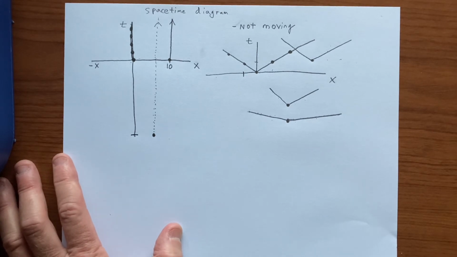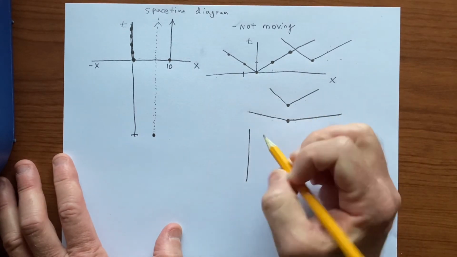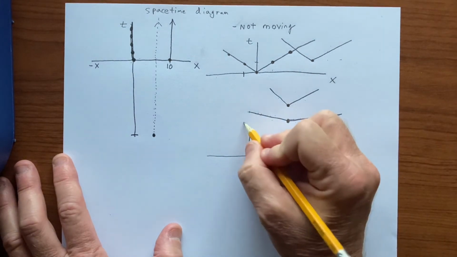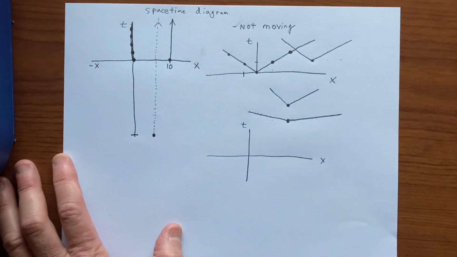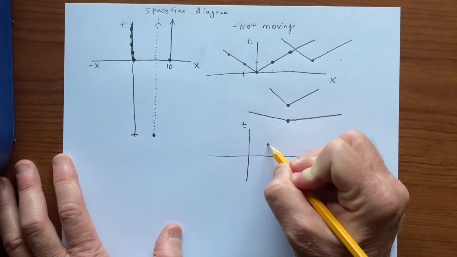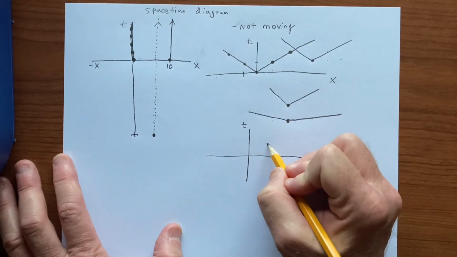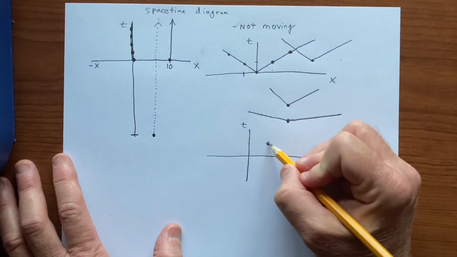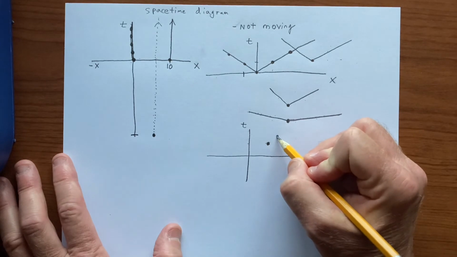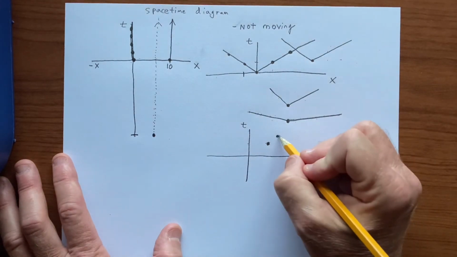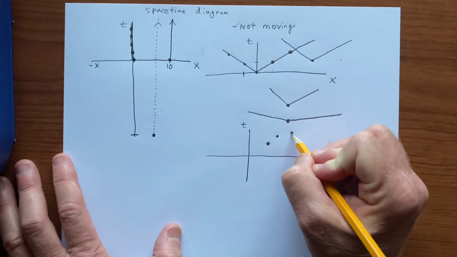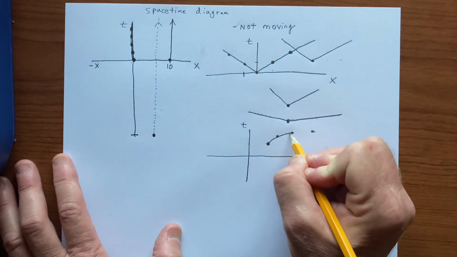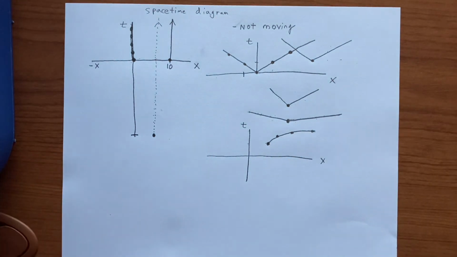Okay, let's consider accelerated motion. So maybe accelerated motion to the right. So now we've generalized the space-time diagram, x and t, to have both positive and negative values. Let's say I'm starting here at some time. I'm at this location in space, in this one-dimensional universe, and I want to speed up. So I might travel to there. I'm traveling to the right as time is passing, but I want to travel faster and faster, so I'm going to bend more and more along the x-axis,